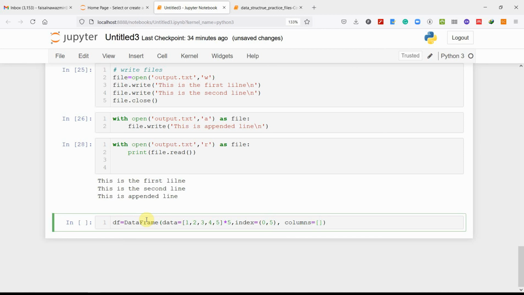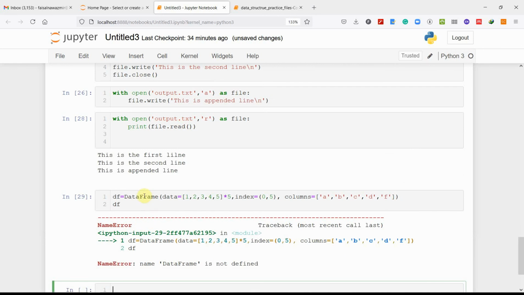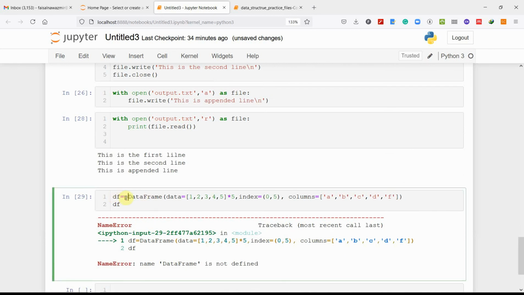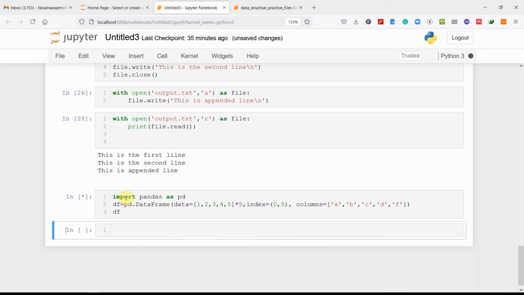Say we have column names, 5 columns, 5 by 5. So A, B in the second column, then C as the third column, then D as the fourth column, then E as the fifth column, and set the data frame. Oh, sorry, pd.DataFrame, because it's a function of pandas, so we have to import pandas, because pandas is the library to